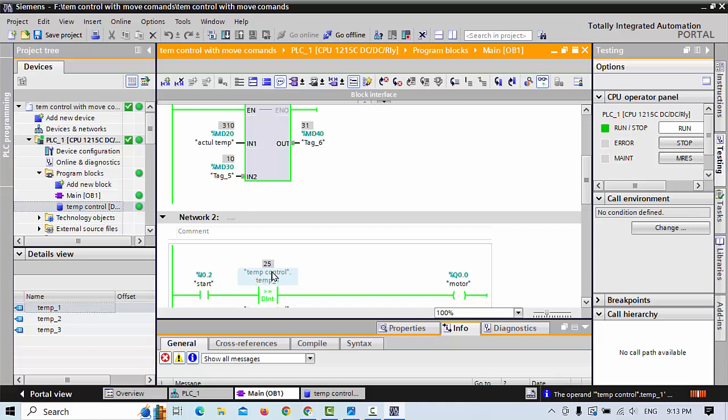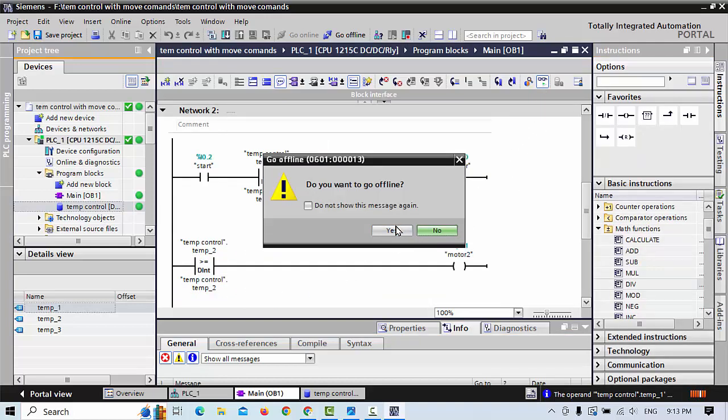These data registers are wrong. This is not the same MD40. We used the old data registers. If we would like to make the correction, go back